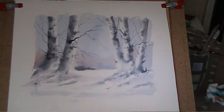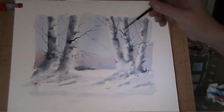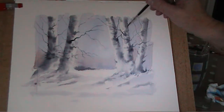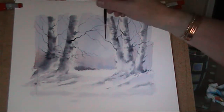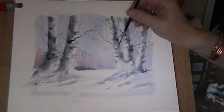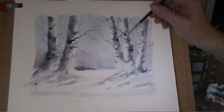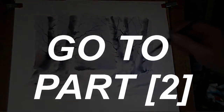I'm filming this, I don't know if the camera's on it or not. I hope it is. I'm just sat here and I point the camera at it, hoping it'll film what I'm painting. I won't be painting now. But these, when they're fused together,